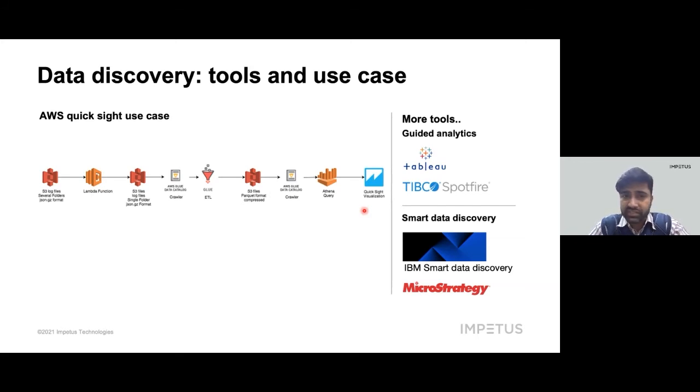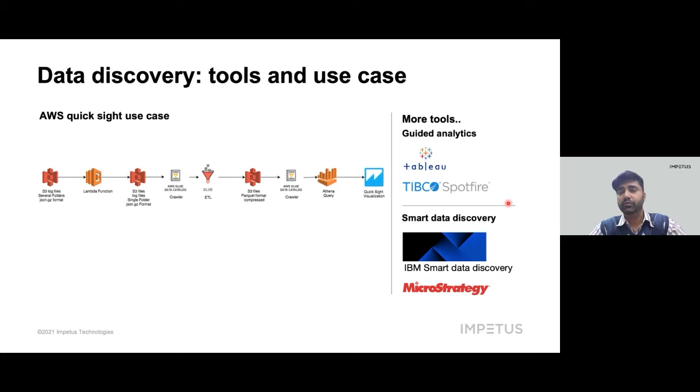Another good feature of QuickSight is that it is even capable of converting your analytical summary from the dashboards to plain English sentences. Usually dashboards have some graphical things and some data here and there, but this tool can convert that into a summary in plain English sentences and present it to you, so that all the users who are going to use that summary have a consistent understanding of the results. That's the power of this tool. There are some more tools available in the market for guided discovery, like Tableau, ThoughtSpot, IBM Smart Discovery, etc., that can be used for the same purpose.